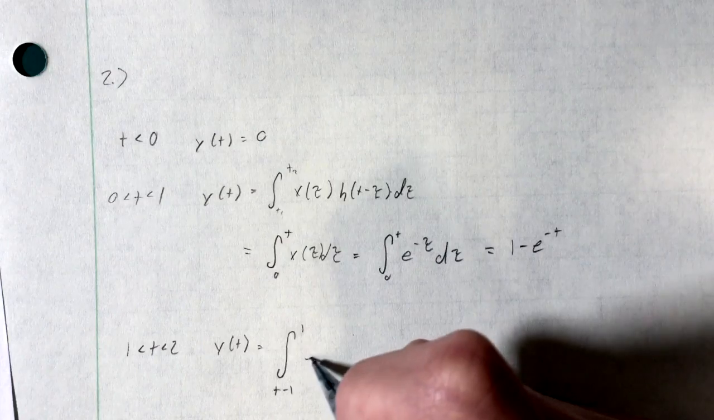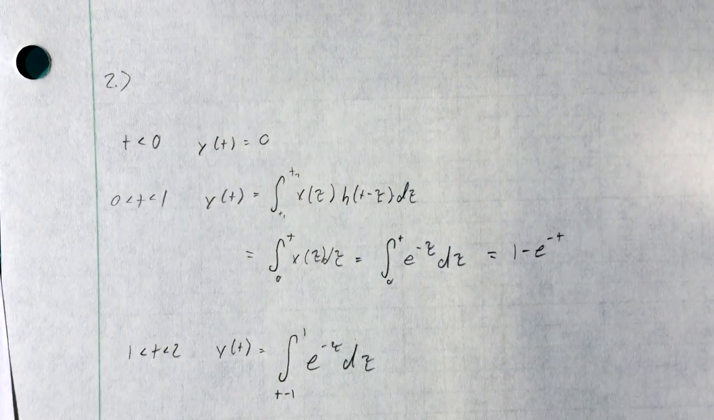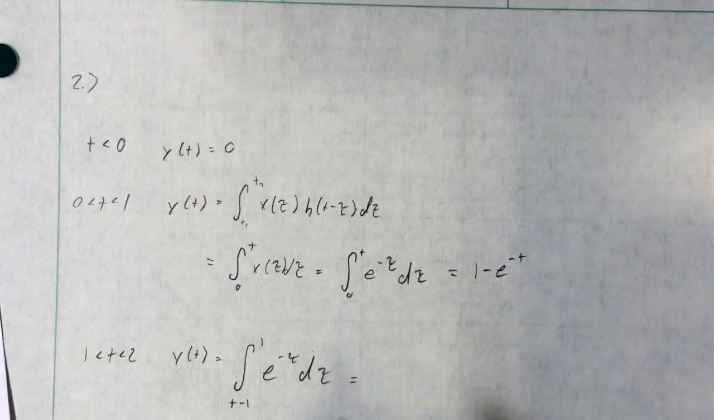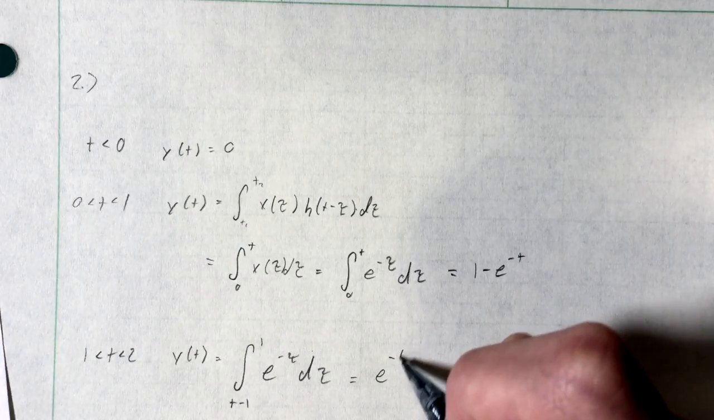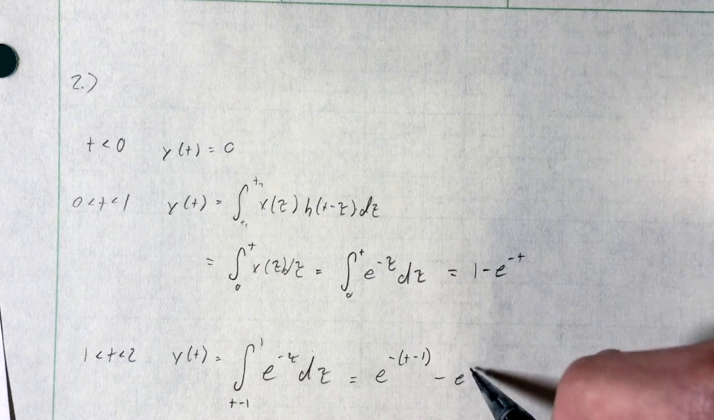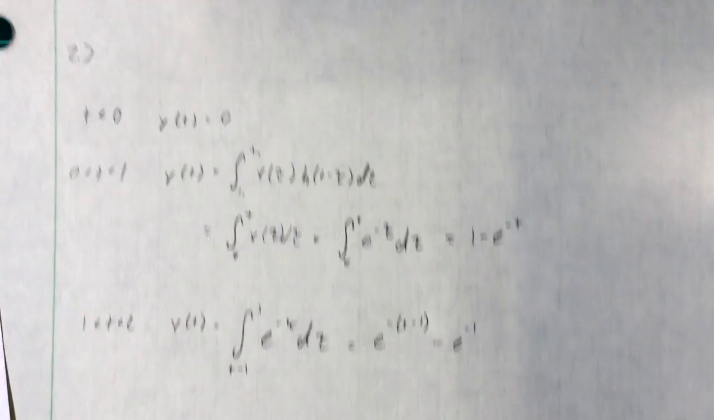So, and then e to the negative tau d tau, and then we get something like e to the negative t minus 1 minus e to the negative 1. And then finally,